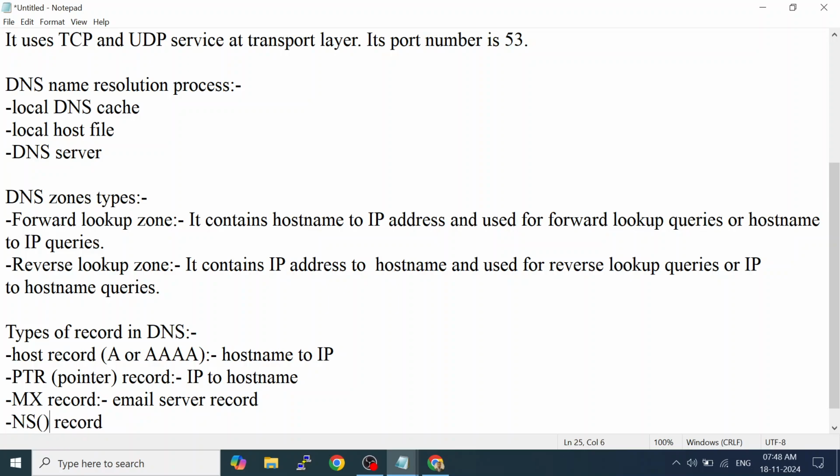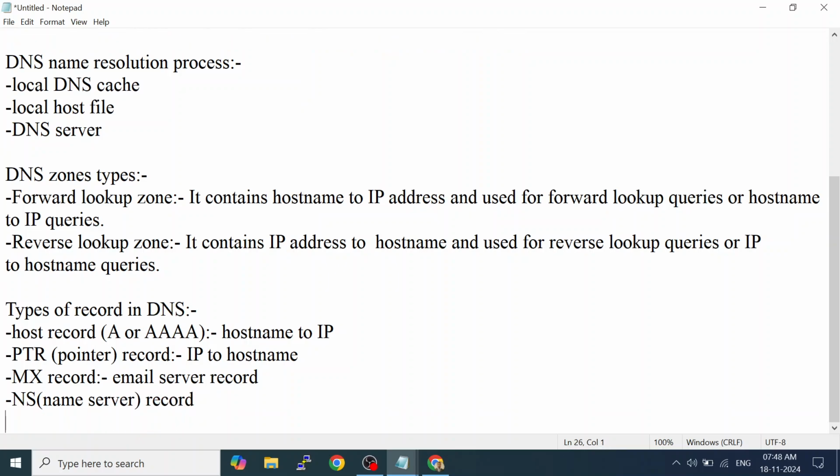A name server means what? Name server means DNS server. Who are the DNS servers in our network? So here, if you see, I have not written email server to IP address.